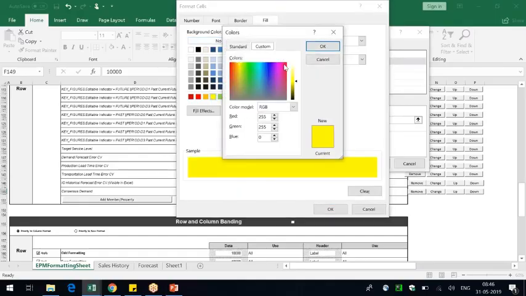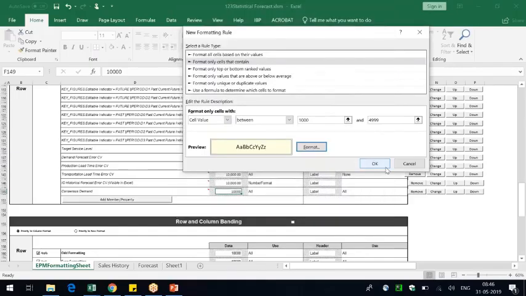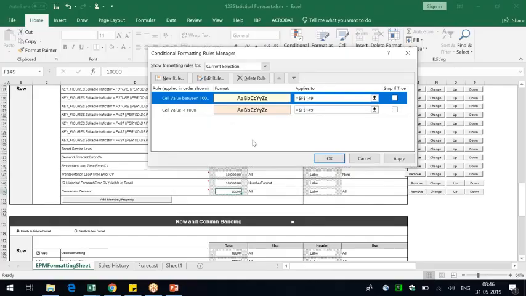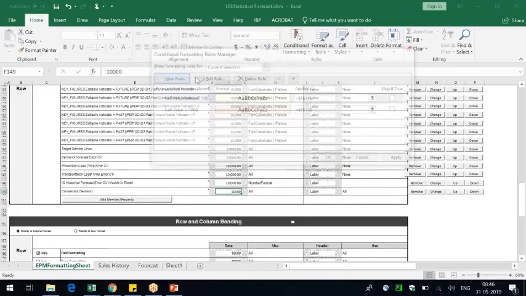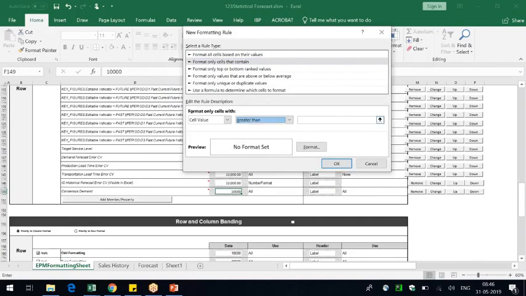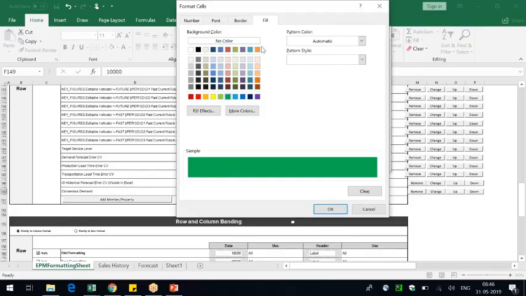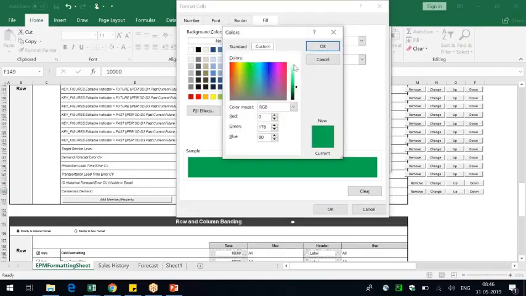More colors, custom colors, pick this. Okay, border is overall border. Click on OK, click on OK. And then a new rule that contains greater than 499. Formatting, fill, green color, more colors.